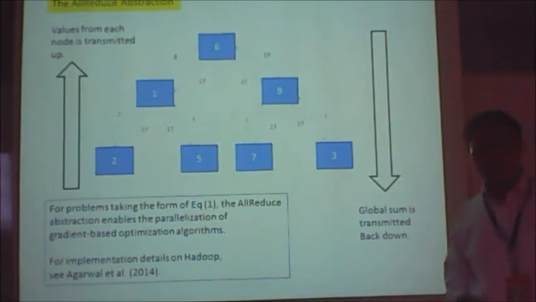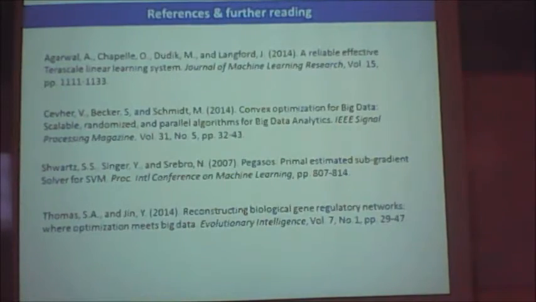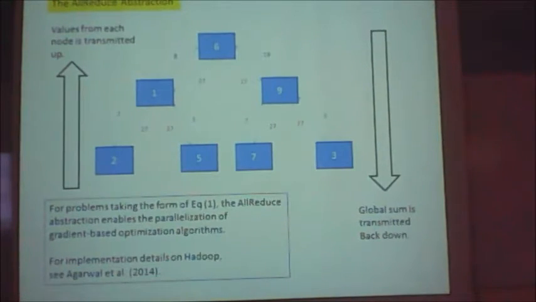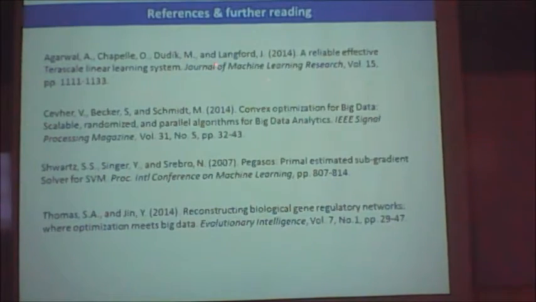Actually, quite a lot of people are looking at alternative structures instead of MapReduce. That paper happens to be in the Journal of Machine Learning Research. So if you are doing research looking at MapReduce and so on, I think you should look into this paper. And of course, people like Langford and so on are well known in the machine learning community.